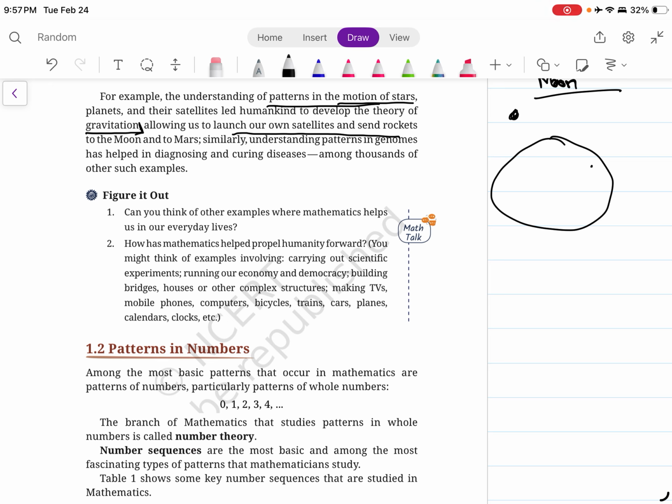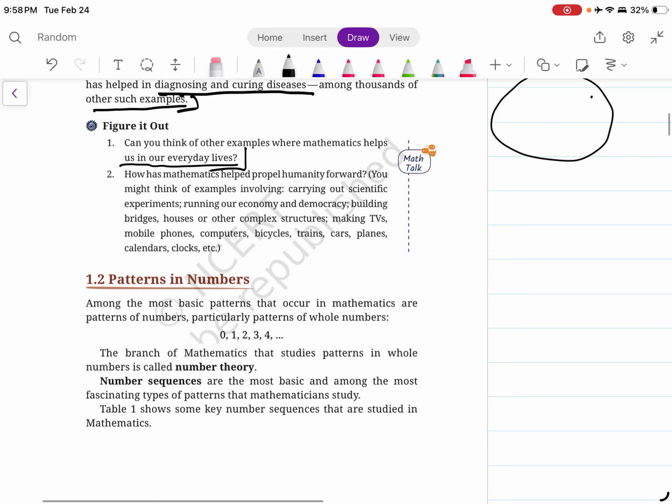Similarly, understanding the pattern in genomes has helped in diagnosing and curing disease, among thousands of other such examples. Can you figure out other examples where mathematics helps us in our everyday life? यहाँ पे आप सभी लोग कमेंट जरूर करें और बताएं कि मैथमेटिक्स का यूज़ क्या है, हम पढ़ें क्यों मैथमेटिक्स।